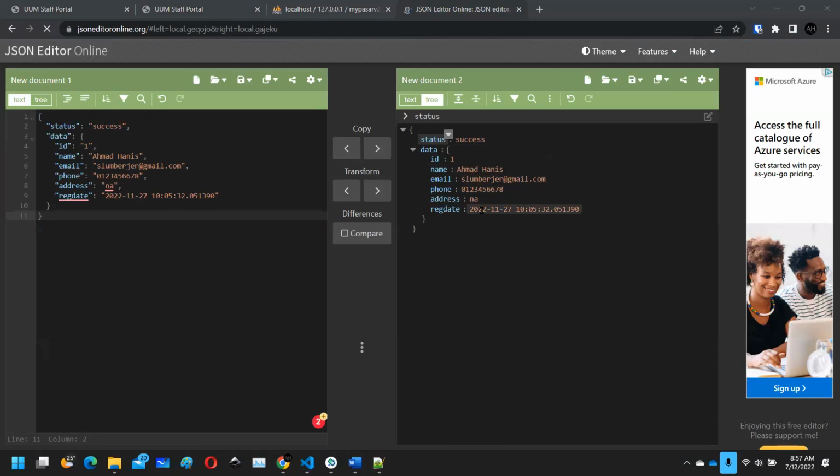Okay, so we can use this data and then perform